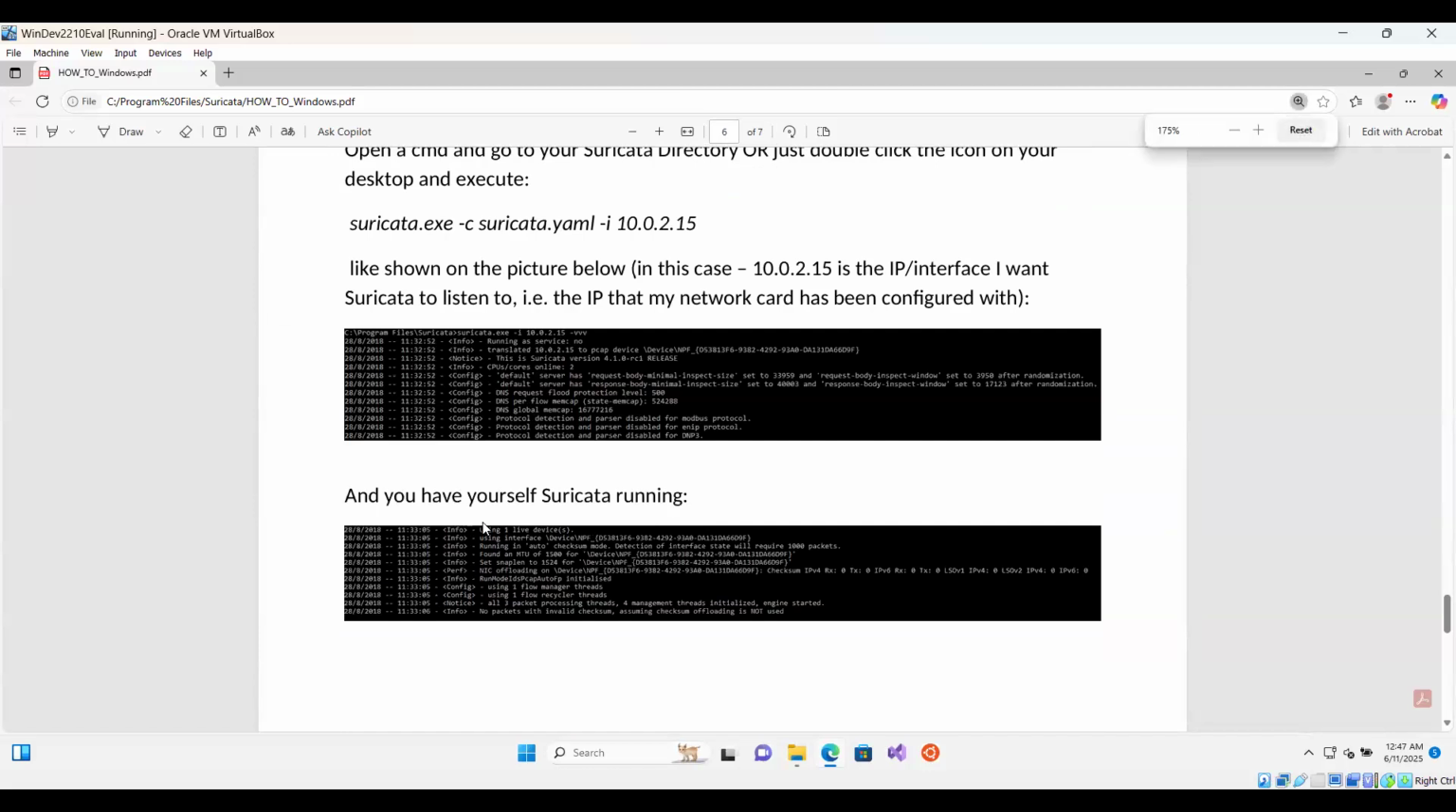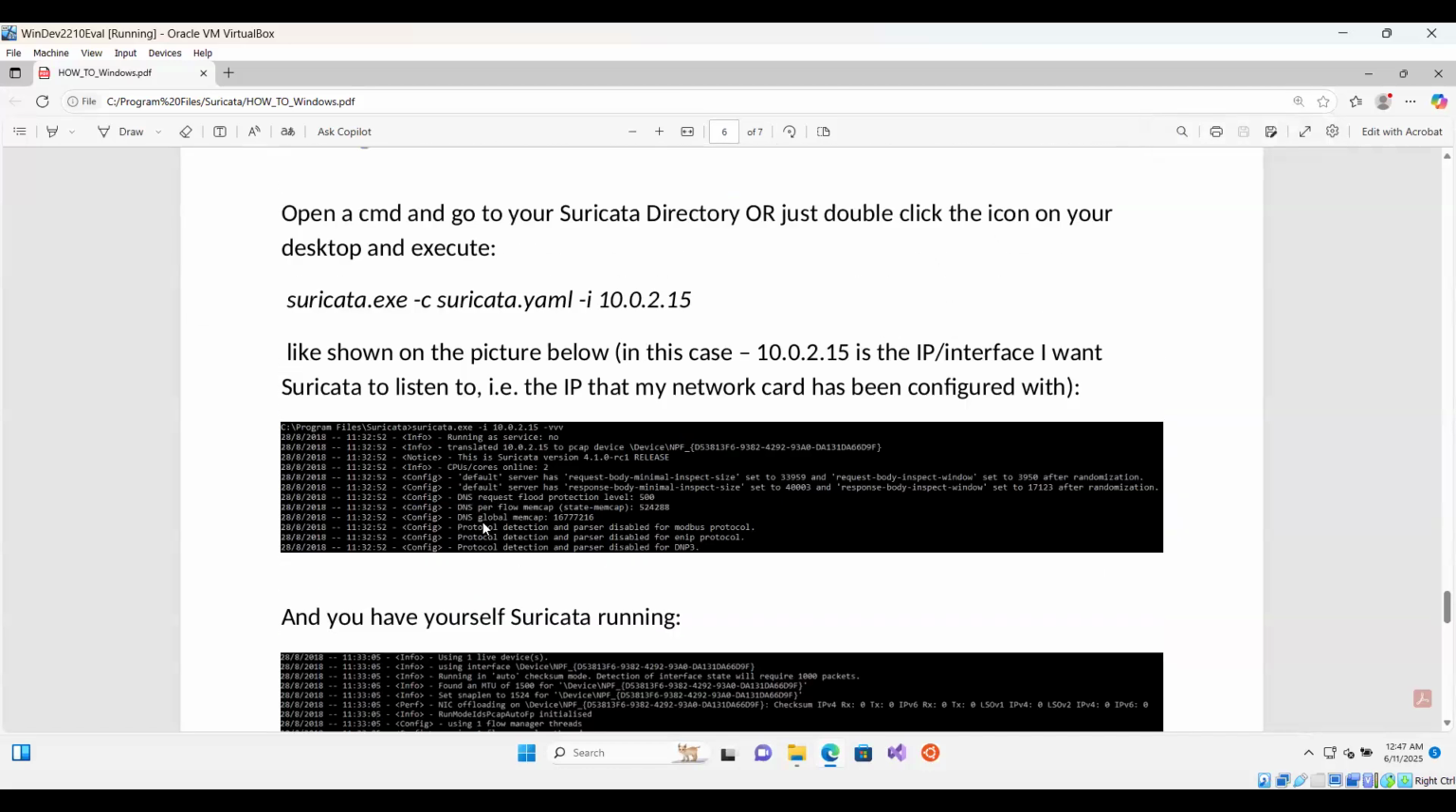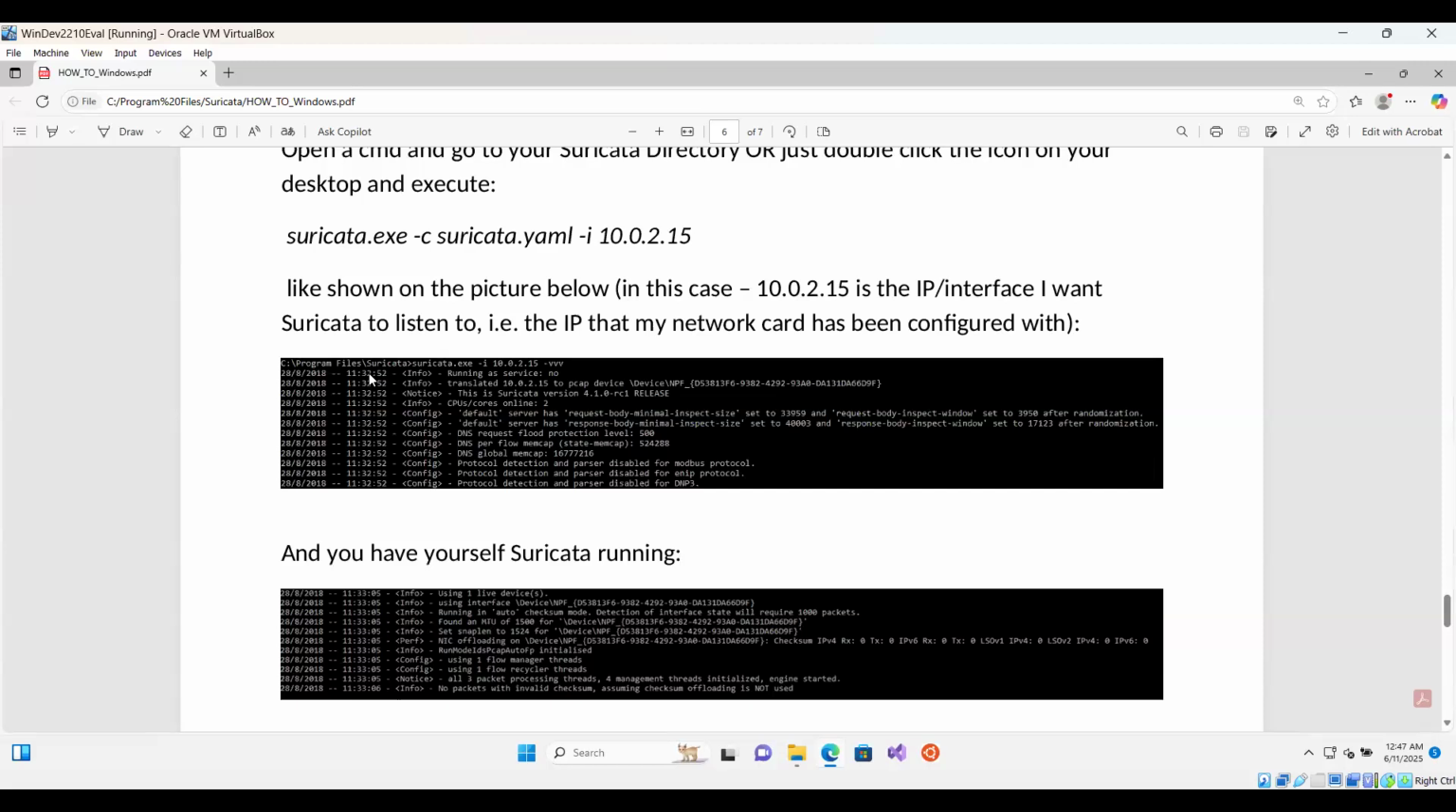And then comes how we can run the Suricata IDS. First you have to go in the Suricata directory, and then you have to type. I follow a different way. For instance, here you can see suricata.exe, and then the configuration file name, and then -i for the interface, and then 2.15 or any IP address that you have on your machine on which Suricata is running. So you can provide that. You can just use this command to run Suricata,